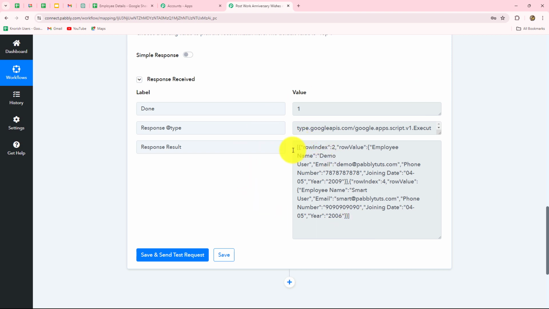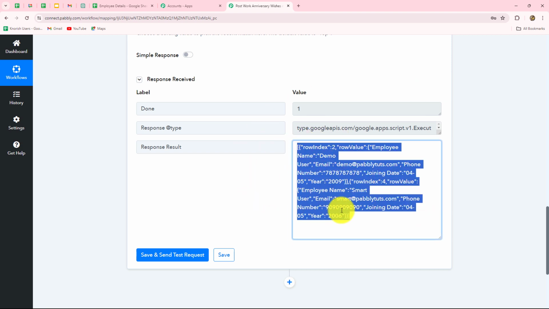But because we have received the details in the combined format, in the array format, how are we going to map the data now in order to send the message? For that, we have to use an iterator to process this array and to receive the data in the single key and value format. So for now, because we want to map the data further in the workflow to send the message, and because we are creating and testing this workflow,